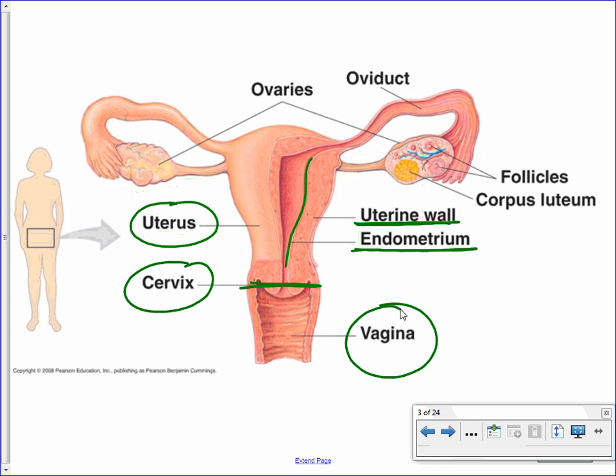So red is going to be the thick muscle of the uterus, and green is going to be the endometrial lining. Very, very rich blood supply, and when a female is menstruating, it is the endometrial lining that is going to be shed off, and what is shed off are blood vessels, cells, and mucus, and that is dispelled out